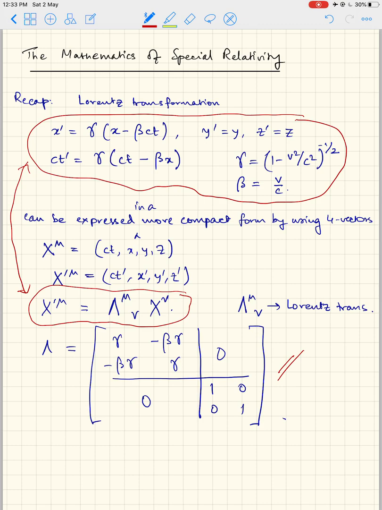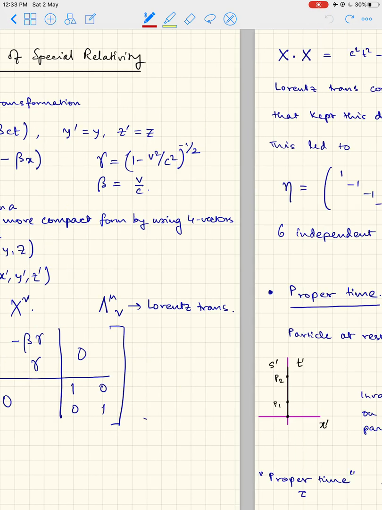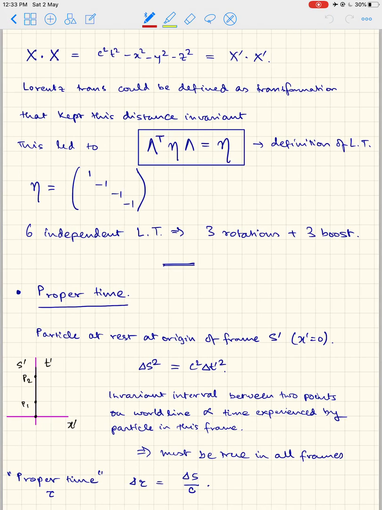This should be familiar from last time. Now I reminded you that an invariant that all inertial observers agreed on was the norm of this vector. This was again, if you wish, from rotational